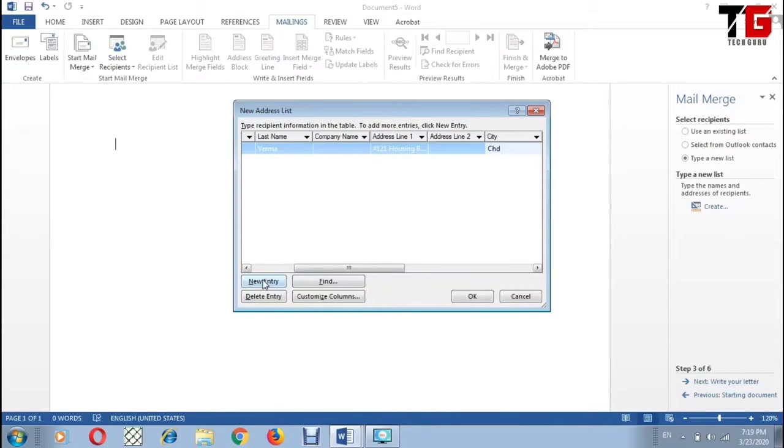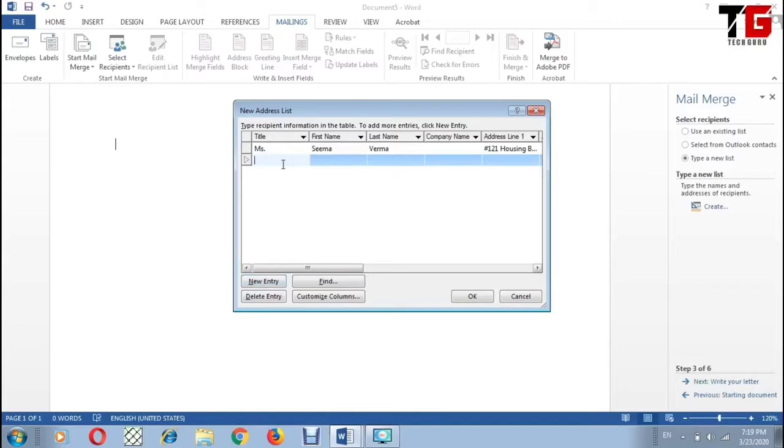Now I click on new entry option. I type the details of the second person. Now I type the details of the third person.